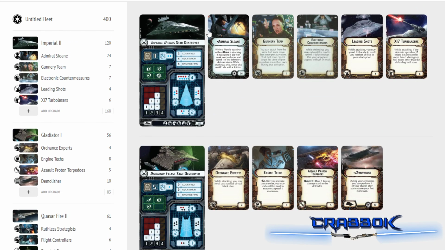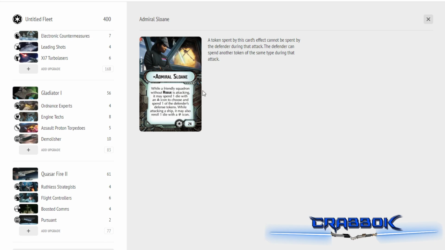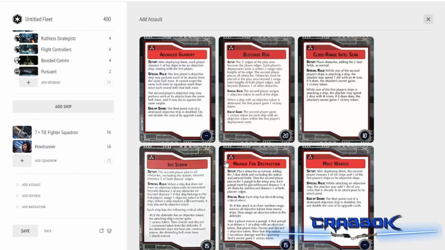Of course, Sloane is going to be giving you all kinds of extra bonuses with those squadrons. You are able to reroll crits, or if you're actually able to attack ships, you're going to be able to use those accuracies to spend their defense tokens, which is going to be really, really useful. And for all of this stuff, well,